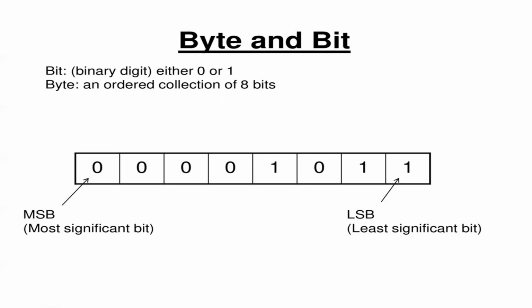This is how the memory is measured, children. You might have seen MB, KB, GB. It stands for megabyte, kilobyte, gigabyte. So this byte means 8 bits collectively, they are called a byte. Not 7, not 5. When there are 8, it will be a byte. If there are 7, it will be called 7 bits. If there are 5, it will be called 5 bits. And if there are 4, like here where 4 bits have some value, this is called a nibble.